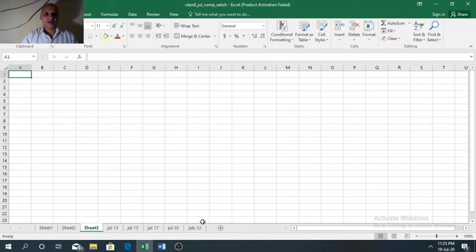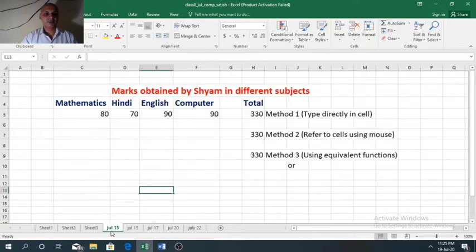Suppose after July 13 we want to insert a new sheet. In the first examples, the new sheet was inserted before the active sheet, but in this case the new sheet will be inserted after the active sheet. It means after July 13 and before July 15 a new sheet will get added.